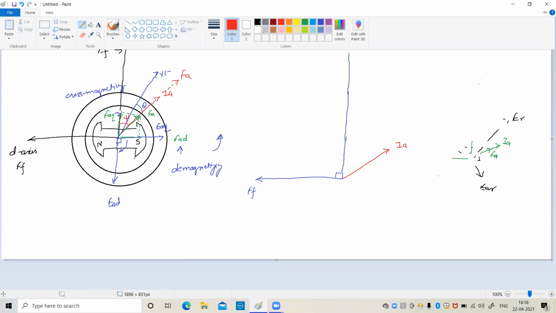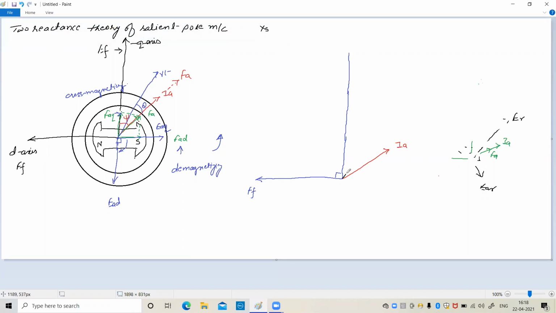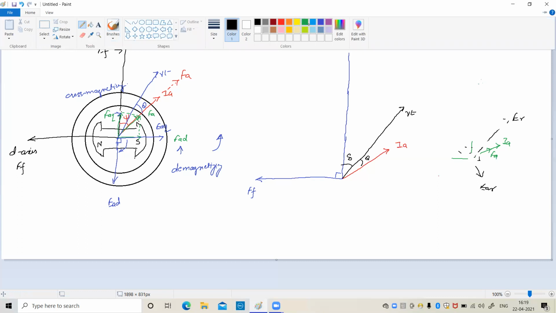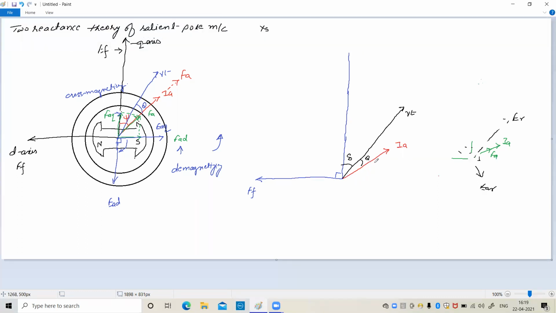Now we will draw the terminal voltage. Say, for example, this is the terminal voltage VT. At an angle, this angle is called the load angle delta, and this angle is the power factor angle theta. Okay. So armature reaction MMF is there because of the armature current. This is the armature reaction MMF FA, and this FA has two components. One along the direct axis, we will give the name FAD, and the second component is along the quadrature axis, which is FAQ.